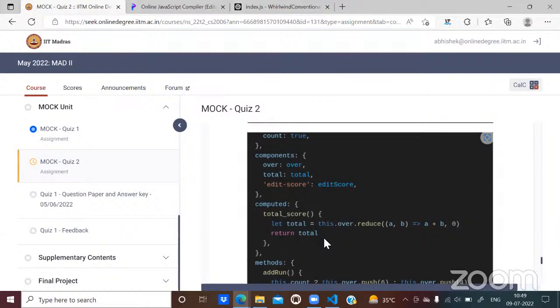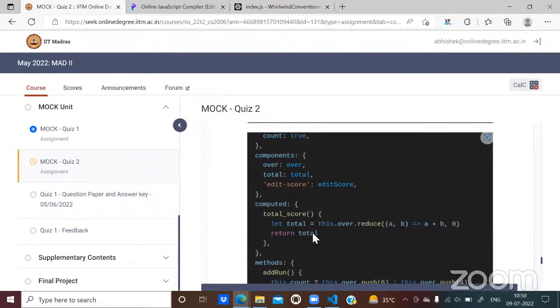Yes, sir, but a doubt in the reduce method. A will take the value of the initiator, right? In this case, we have defined it to be 0. Otherwise, it would be taking the value specified, correct? Yes. Whatever value you will specify here, that would be given to you. Right now, it is 0. Right, sir. So whenever I give the reduce function an array and the initiator is 0, then my first element always goes to B, right? Yes. Right, sir. Got it.